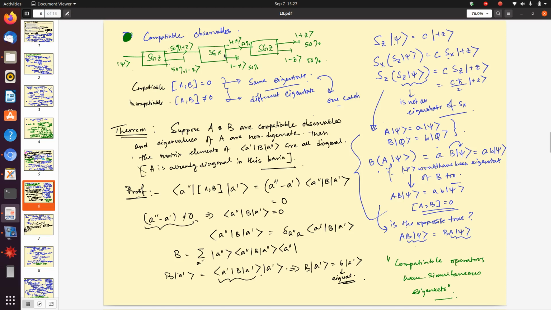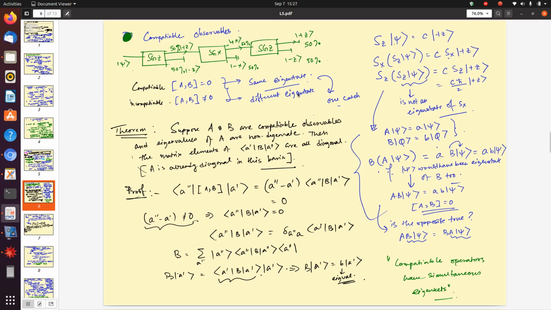Because now it will project it into one of this operator's eigenstates, and this whole thing is compatible with the original statement, which says that an act of measurement will collapse the system into one of the eigenstates of that particular observable. And if these two observables have different eigenstates, then this kind of thing will happen, because you will get a different output, and if you take this output to a third device, you will get another different output, because now it will project into one of this operator's eigenstates from this.